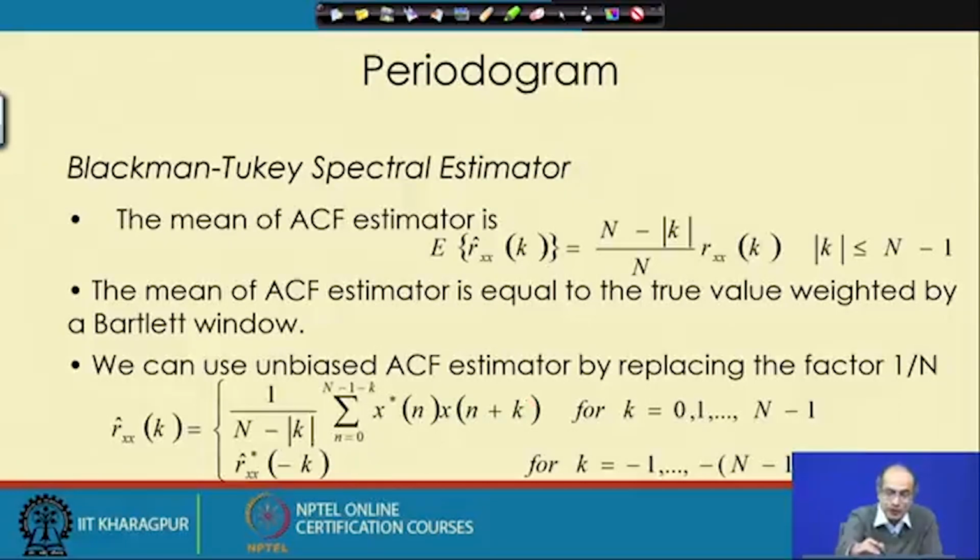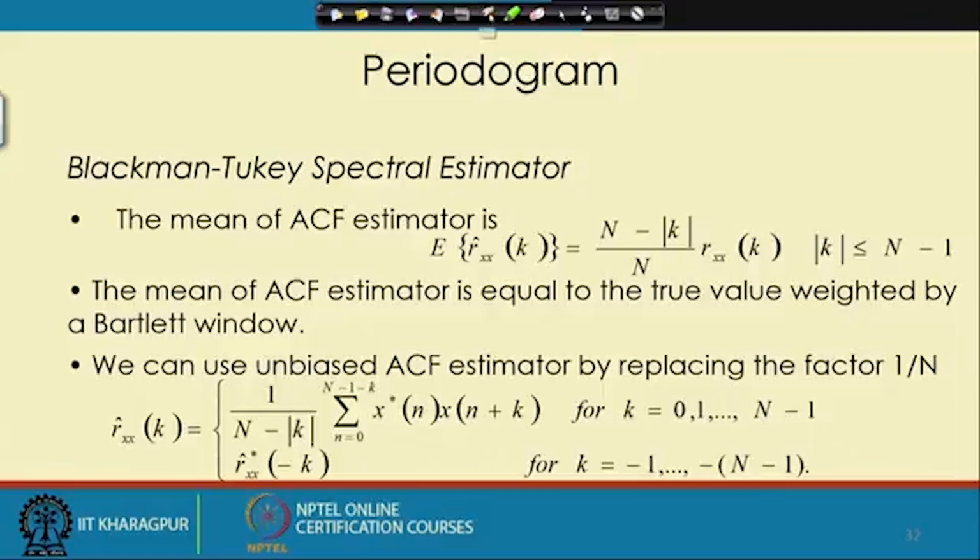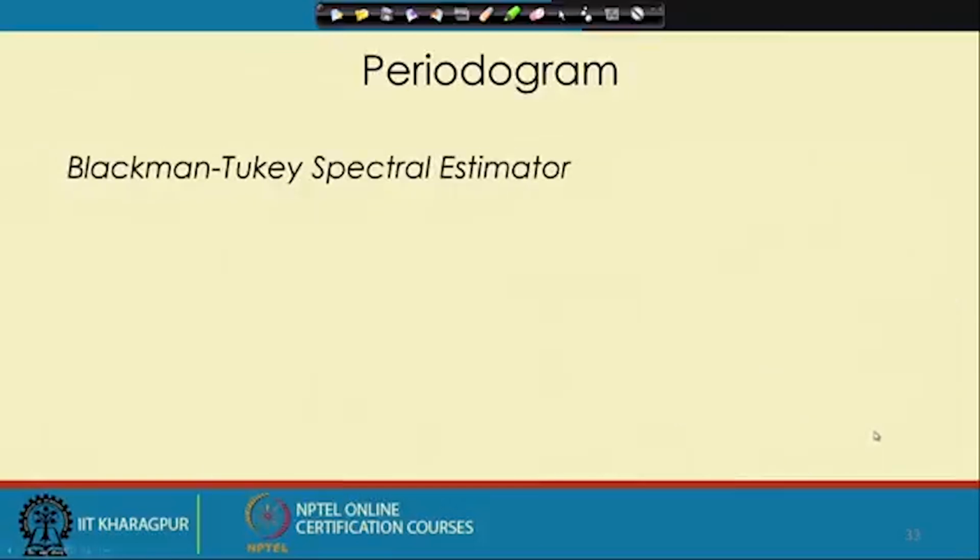So, that at least we hope can take care of the fact that we would not have the extra term here, what we are getting in this form, that Bartlett window, that would be eliminated. Okay. So, that is the expectation. So, if we can do it in this way. Now, let us see what we get,